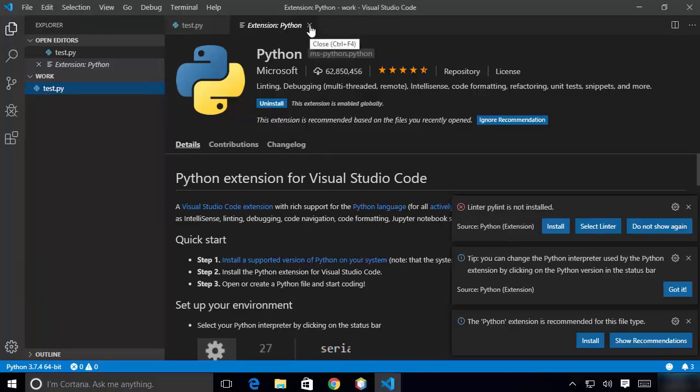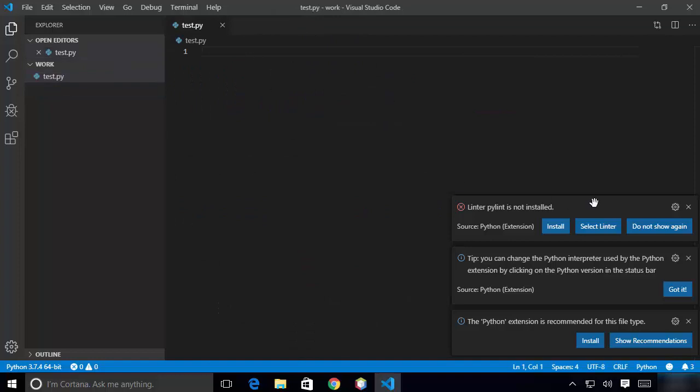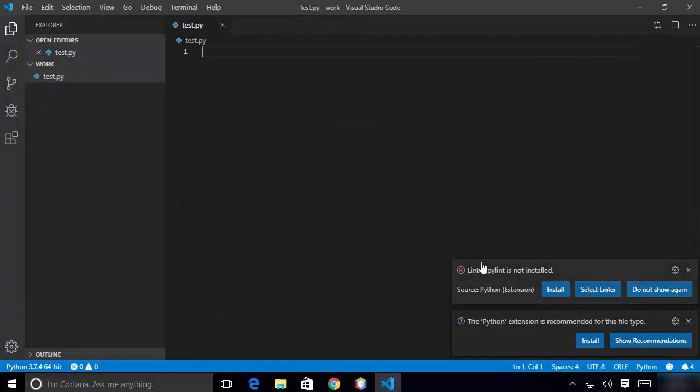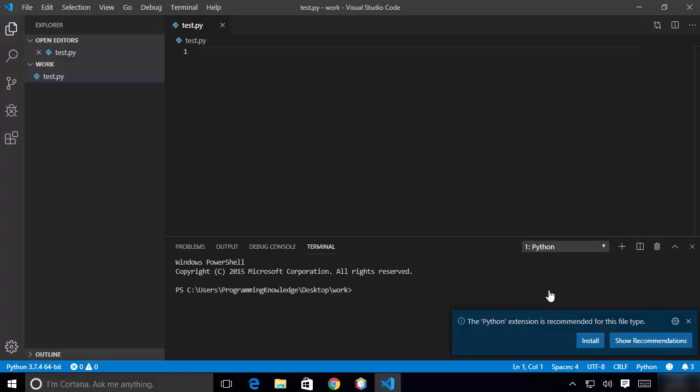I'm going to just close this page from here, and now you can also see some tips and recommendations from your Visual Studio Code editor, which is to install the pylint extension. This time I'm going to just directly click on this install button, which is going to install this pylint extension on our Visual Studio Code.